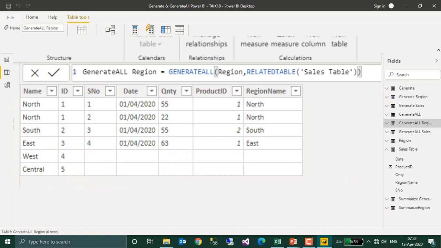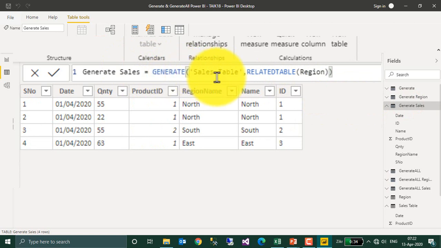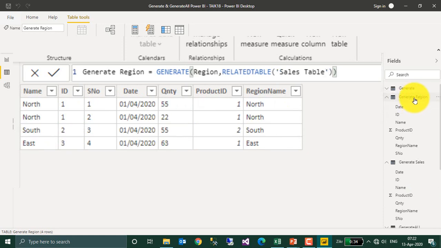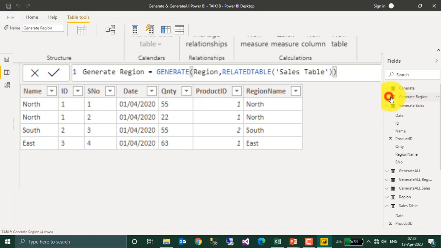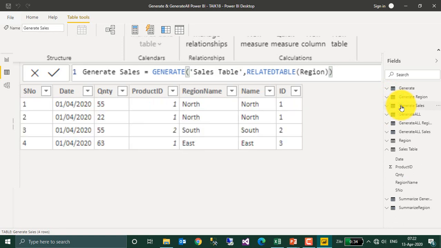Now let's go the reverse way. That is, in generate, we take the sales table as the base one, table 1, and the region table as the secondary. In this case, it has returned all the values from the sales table matching with the region table. If you compare generate region and generate sales, both of them are the same, because generate is not going to load the data which is not available in the second table.